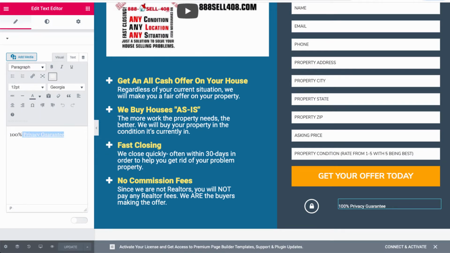So let me just change the color of this real quick so you can see exactly what I'm doing. And what I'm going to do is I'm going to go ahead and hover over. I'm going to highlight privacy guarantee. I'm going to click on this button here. I'm just going to get rid of this so you can see exactly how I do it. I'm going to unlink it. So right now the page is unlinked. Okay, so what I'm going to do is I'm going to highlight this privacy guarantee,